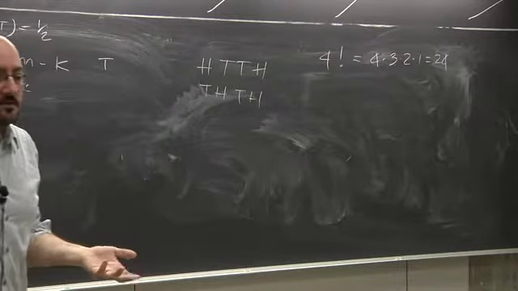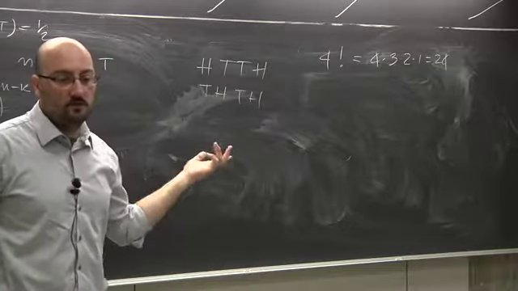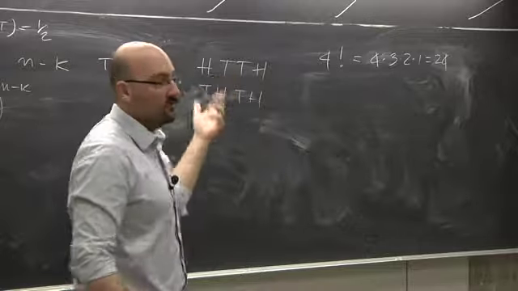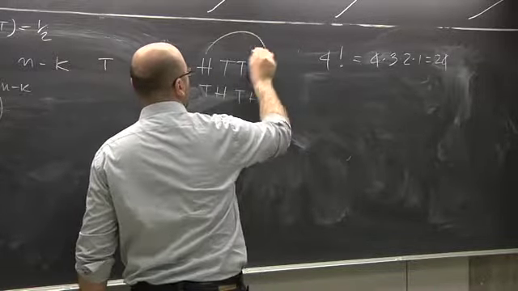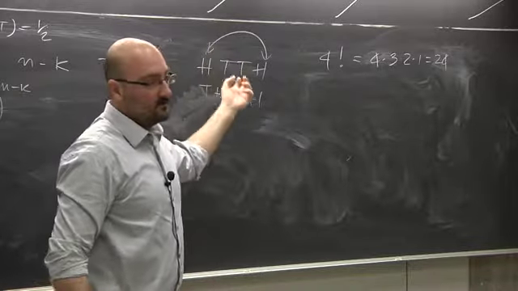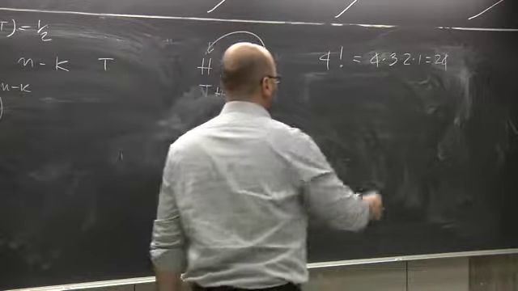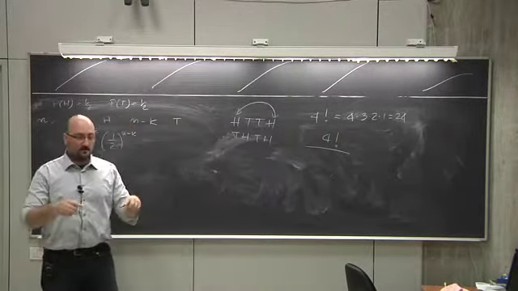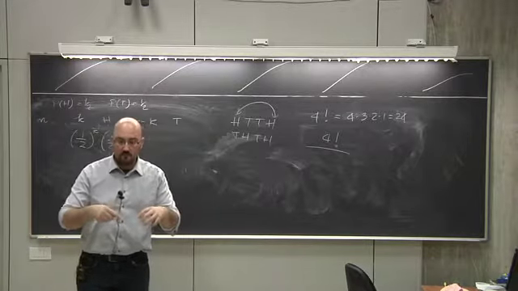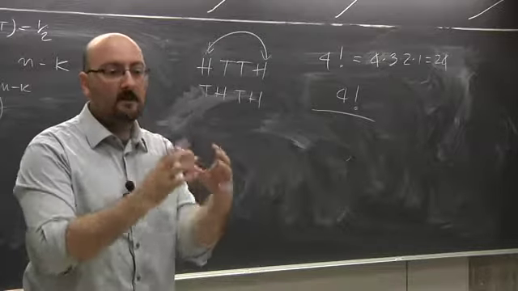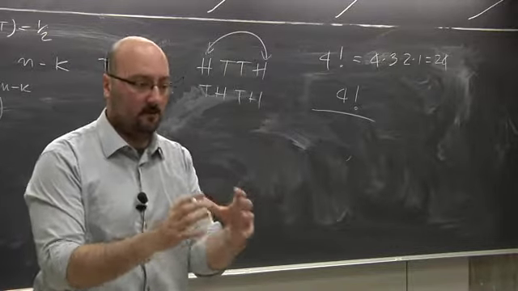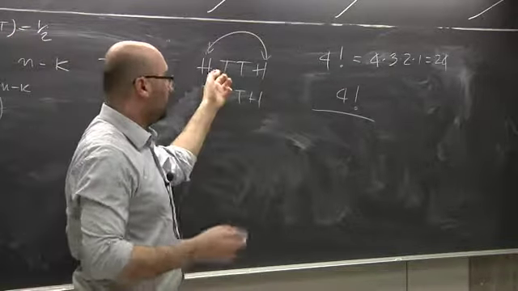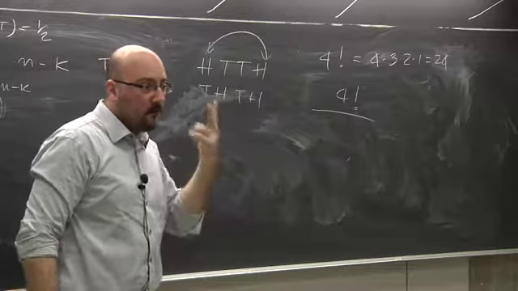But not all the configurations, when I permute these objects, will really be a new configuration. For example, if I exchange these 2 heads here, I'm not getting a new configuration. So I have to divide this 4 factorial by the number of ways I can permute the objects with the given property. For example, I can permute the objects which are only head. In how many ways can I do it here? 2 factorial.